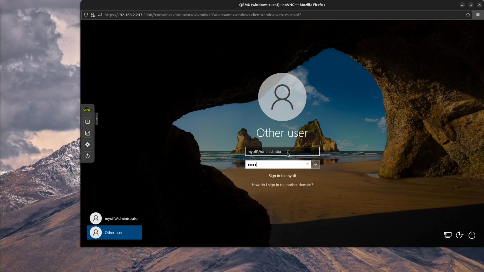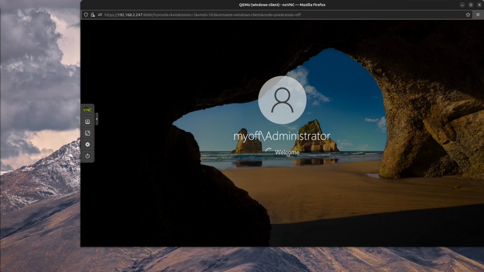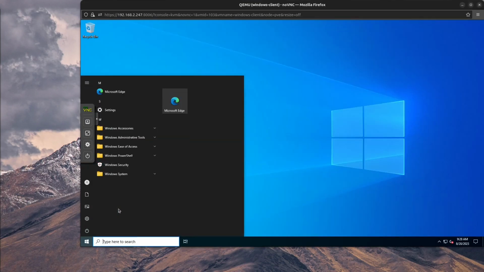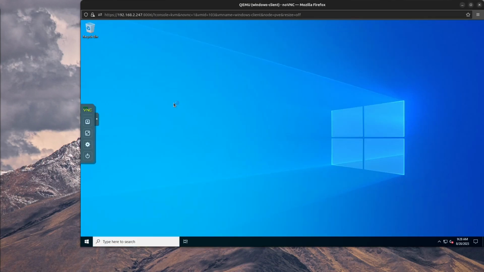And then we're gonna enter our password, and we are logging in as a domain joined computer for the first time onto the Windows client. So it will take a little bit of time. Okay, so now that we're here, the last thing that we're gonna do for today is we're gonna join our TrueNAS,